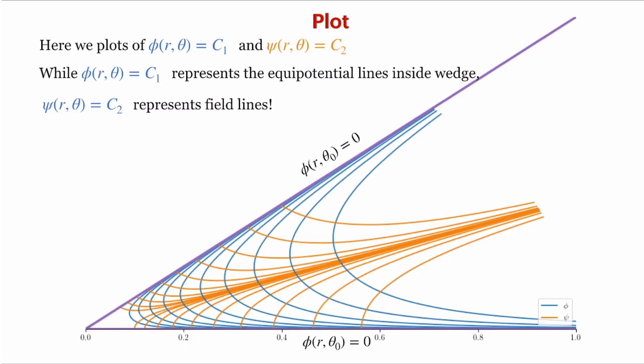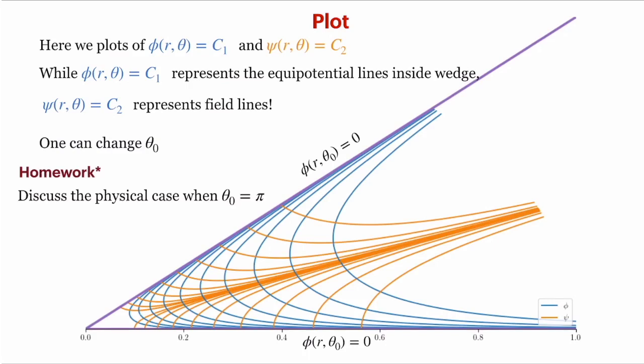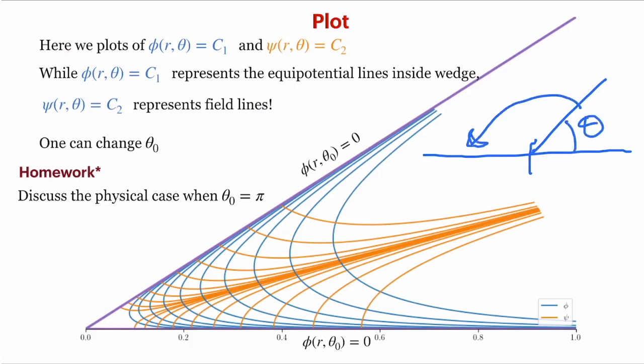You have taken theta naught equal to pi by 4 in this case, where this is how the potential looks inside. Some of you wanted a more challenging problem as homework. Here is one. Discuss what happens when theta naught is equal to pi. Theta naught equal to pi would represent a simple plate like this, because this is theta naught, and when it becomes pi, it would be like this. So you have to discuss, using the complex potential, the behavior or the physics when theta naught goes to pi. That is a simple plate. Now that by itself is not interesting.